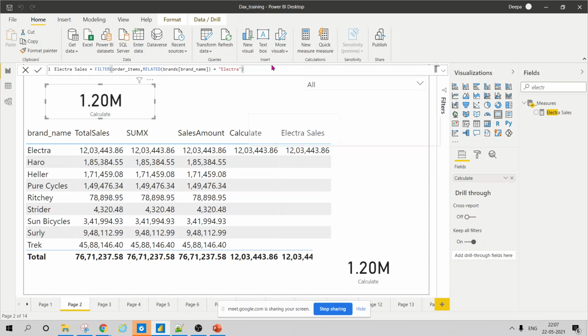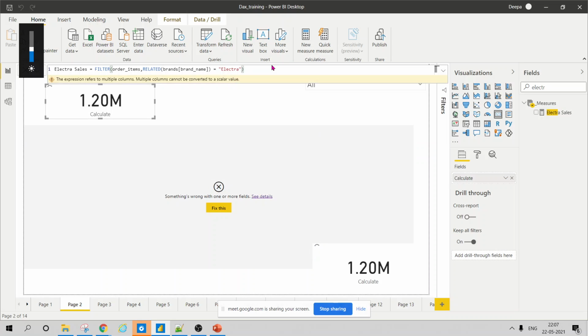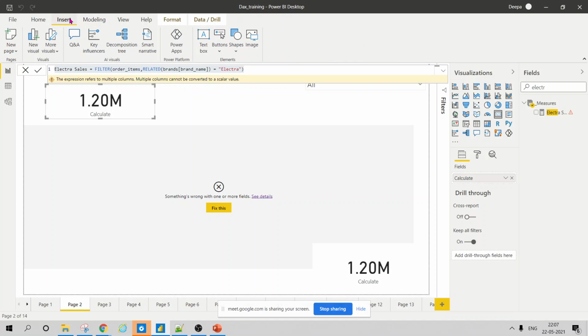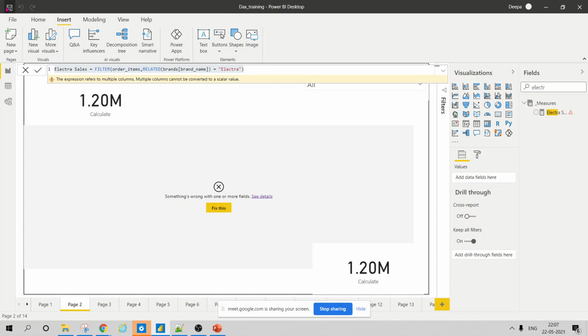See what it gives you. It will return a table. So this now will give you an error. Okay. So let me first try to show you another thing. We'll go to modeling, insert, and see what is happening.